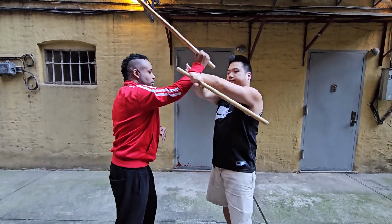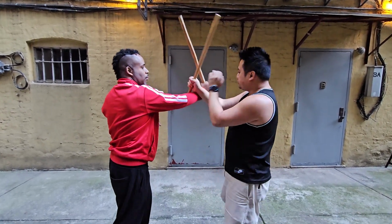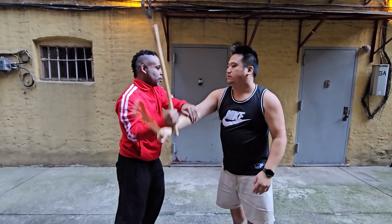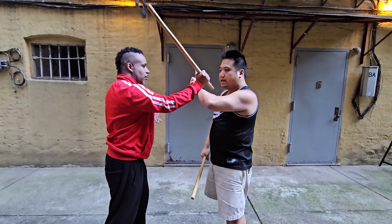All right. See that? Block. Salute. Bring it down. Pass. Hit. Block. Salute. Bring it down. Pass. Okay. Now from here, I'm gonna transition into angle number 2, the second hit, which is gonna be a